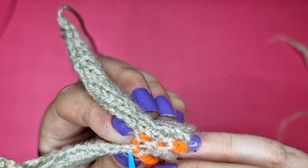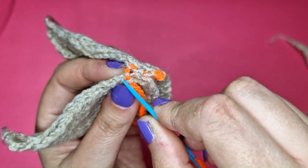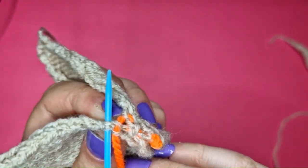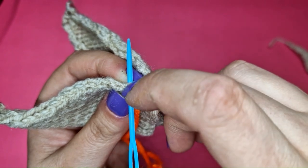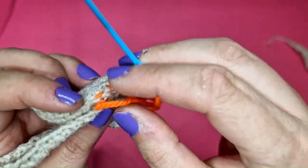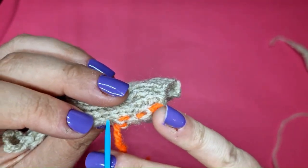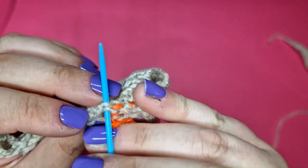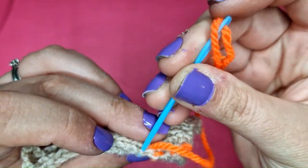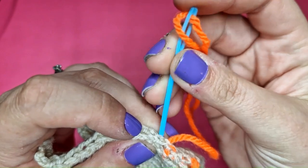I'm now going to do the same just above, because I'm on the left side, and I'm going to go back to the right. So I'm going to take my tapestry needle and I'm going to feed it. See how I'm twisting it? I'm going to feed it through an entire stitch. So I've got 2 bars on my tapestry needle, and then I pull it through, and then I make sure that I'm going across to the stitches that are opposite. So again, I'm going to go under the 2 bars, which you can see there on my tapestry needle, and pulling. And then we're going to keep going from one side to the other, all the way up and along